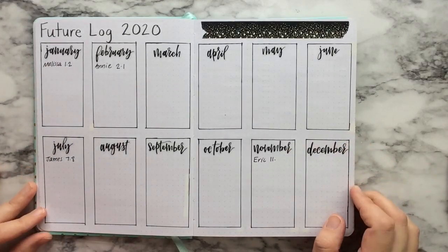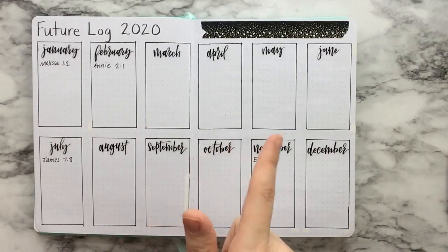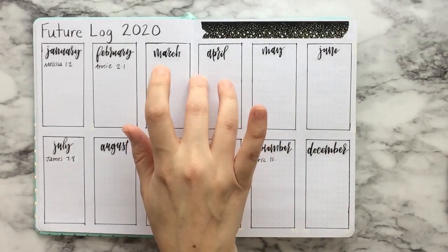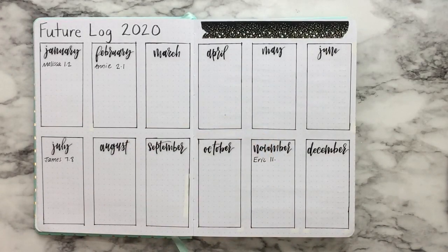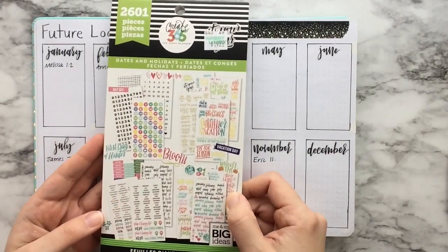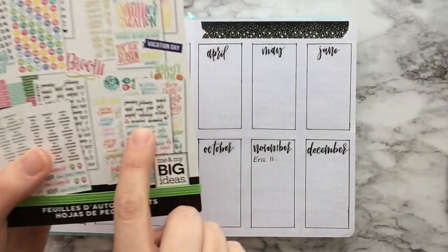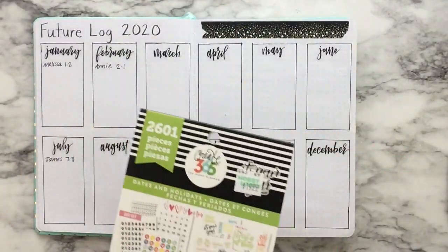This is my future log, and I went ahead and went back to Hobby Lobby around the first of the year, and I got a, hold on, where did I put my stuff? Oh, down here. I actually purchased, with a 40% off coupon, friends, this Dates and Holidays sticker book. And that's where I got, you can actually see them down here,